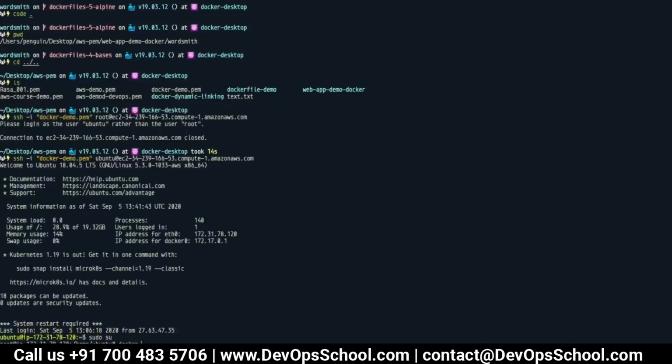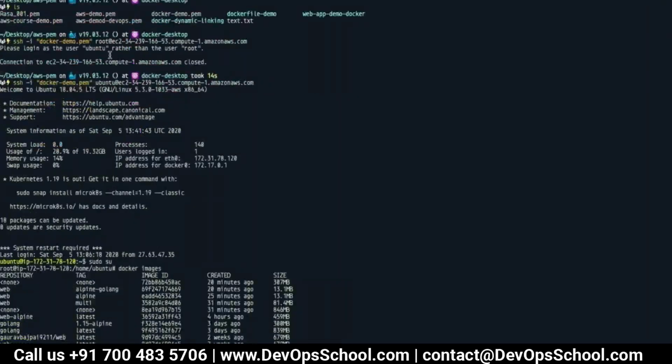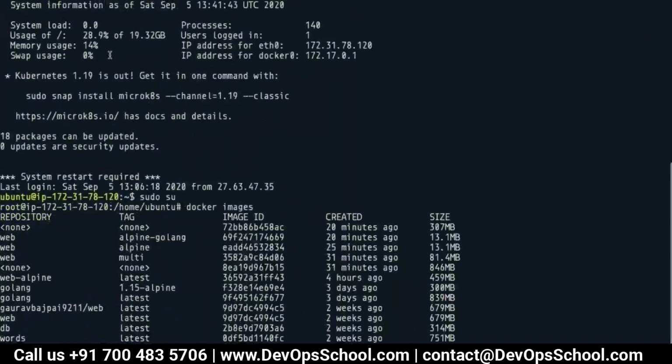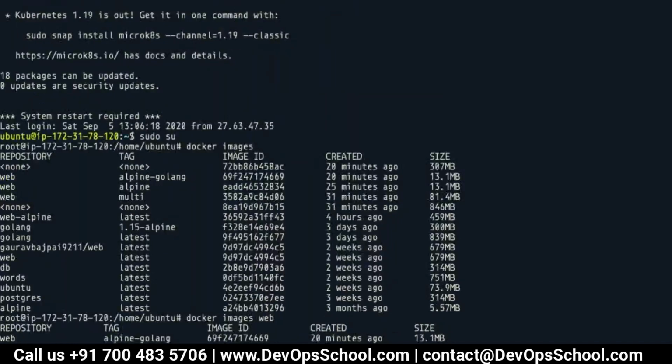Okay, so we check Docker images. I am going to increase this size now, and run docker images, and I'm going to filter for web, just to filter the web images. We had Alpine and all those things, right? So for the sake of discussion, let's go inside the wordsmith, and I'll delete this web image, web multi image,